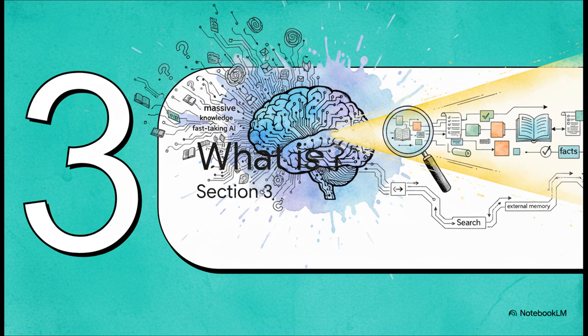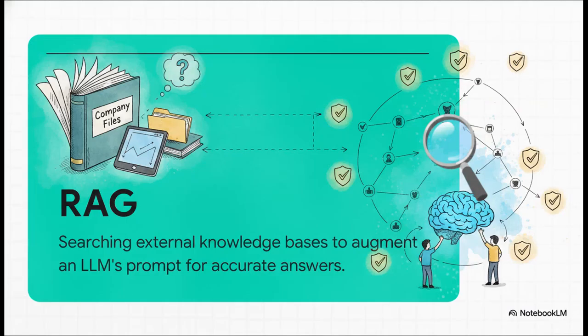Well, that brings us straight to Section 3, RAG, which acts as the AI's external memory. The crucial solution here is Retrieval Augmented Generation, universally known as RAG. And it's honestly such an elegant fix. When you ask a question, the system first does a targeted search in a specific up-to-date knowledge base, like, say, your company's private files. It retrieves the relevant documents, bundles them all together with your original question, and basically tells the LLM, hey, answer the user's question, but only use the information I just handed you.